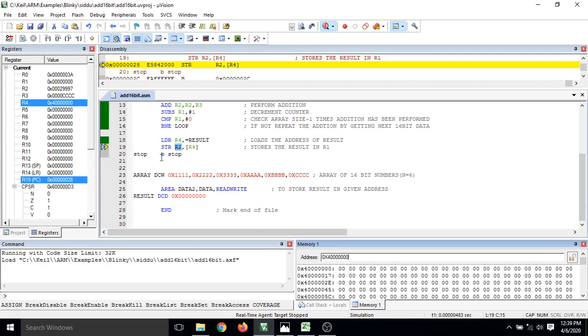As you can see, before storing, the contents are 00. Now I'm going to store the 32-bit result. The input for the addition was only 16-bit. Now, as I have done the addition of all the elements in the array, a carry is going to be generated. So the result will be 32-bit wide, and that 32-bit result is going to be stored in 4 consecutive locations of